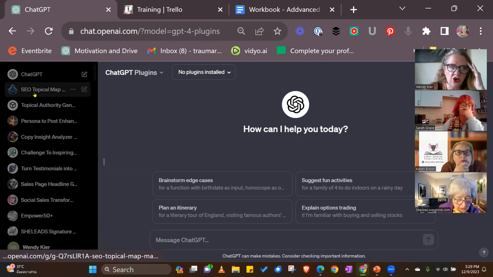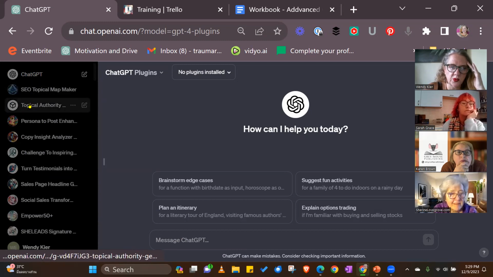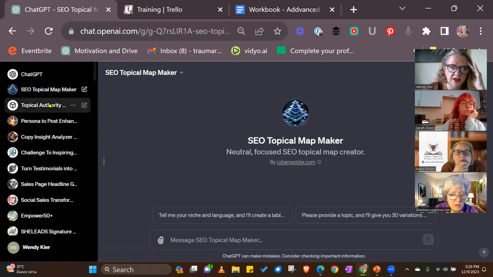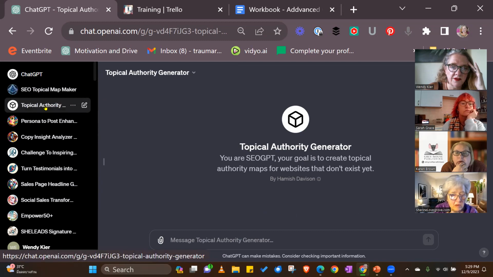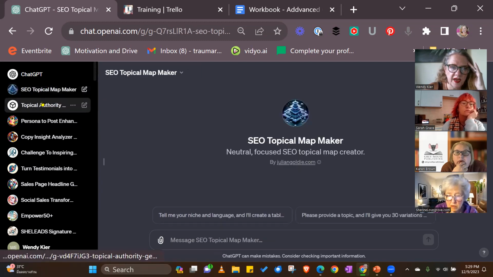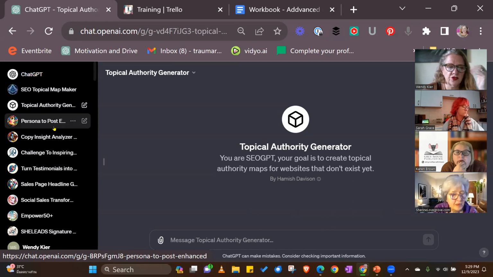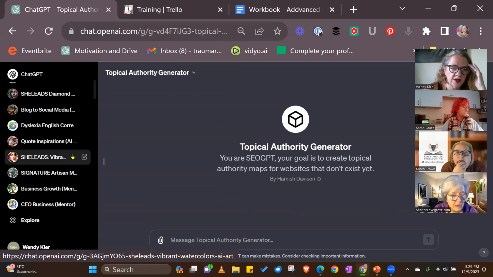And these two at the top are two other people's GPTs that I use, that I like. So they'll sit on this side as well until I say to get rid of them or not to have them on the side. But these are to do with SEO. So if you find any that you like, they'll also pop up on the left-hand side of your screen as well.